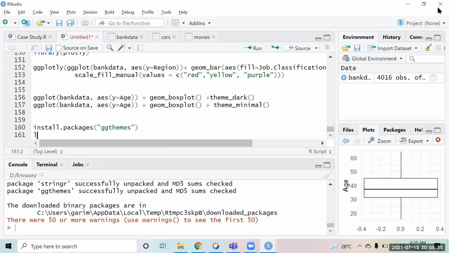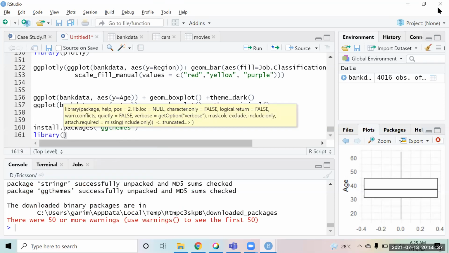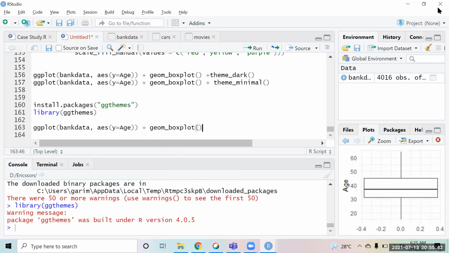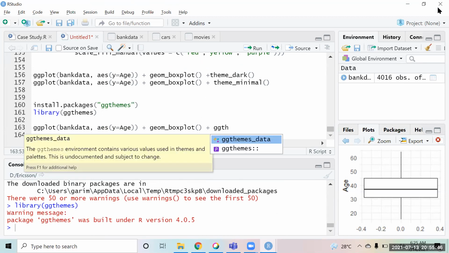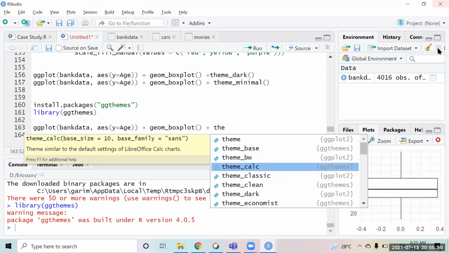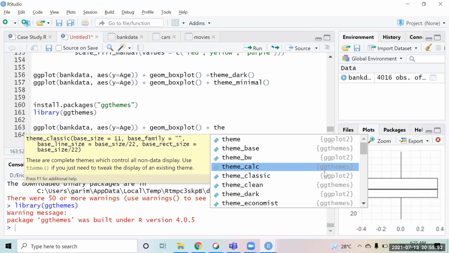So if you install this, put it into the library. Now what will happen is if I just use this function now and I say plus theme, you will get a lot of things from ggthemes as well. You see this theme is coming from the ggthemes package.